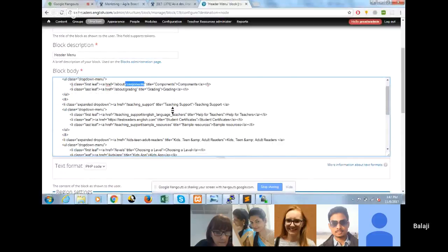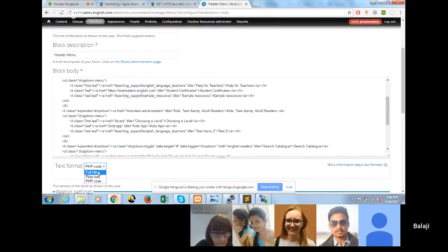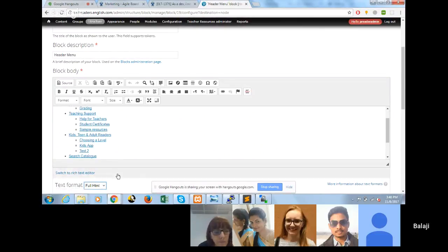It does not have any restrictions, and we can add whatever we want. It is very simple to use. And if you want to edit it as an HTML structure, that option is also available. If you click the full HTML structure, you can see the arrangements for the menu.